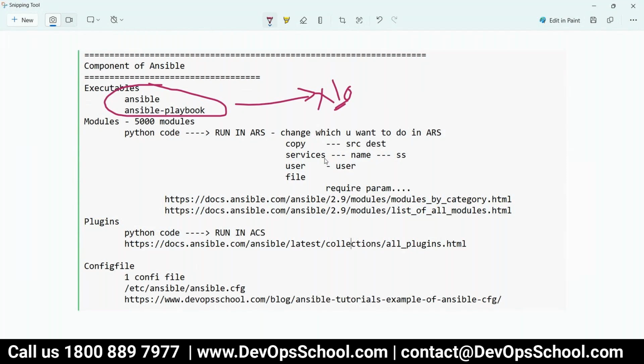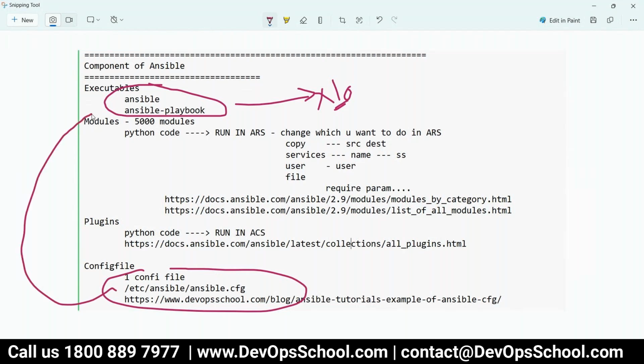It's a headache, right? What is an easy way? Use the Ansible configuration file. Whatever you specify here will override the default setting in the executable. That means if you want to change some behavior of the Ansible executables, specify it in the configuration file. Simple.